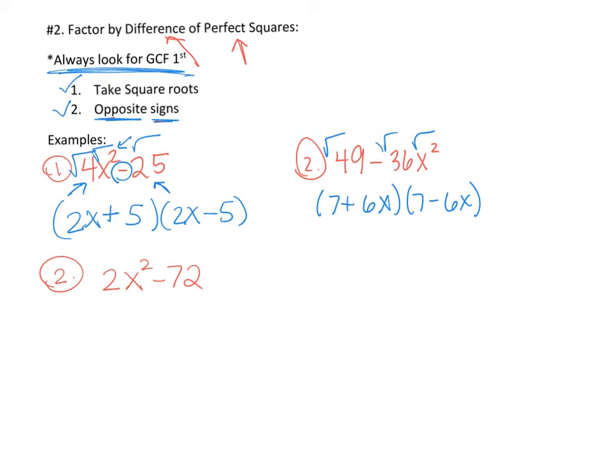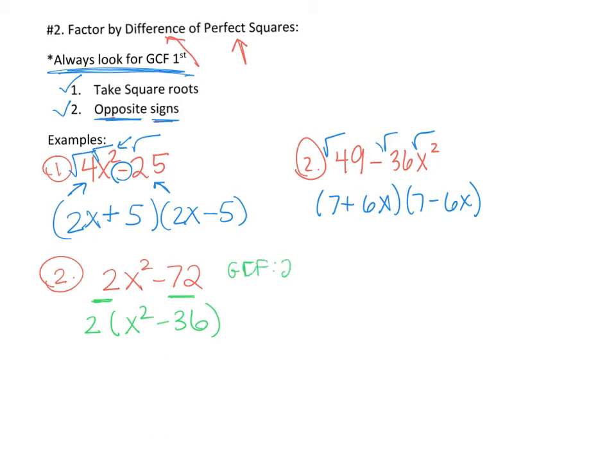Let's look at this one actually. 2 and 72. Think about the last type of factoring we did. We factored by the GCF. So if I look at 2 and 72, those can both be factored by 2. So if I divide out a 2 there, take the GCF of 2 out,